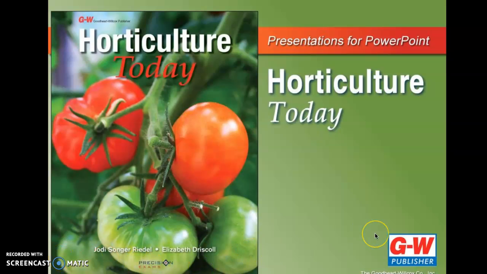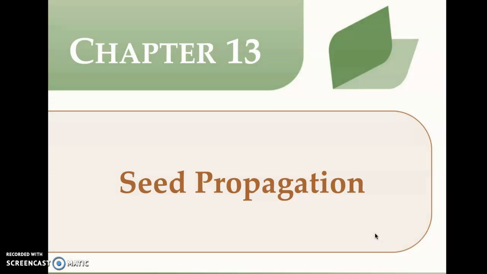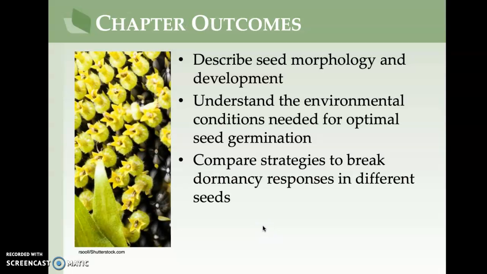Right, this is chapter 13. So in chapter 13, seed propagation. If you look at the word propagation, you're like, oh my goodness, it is really about making more plants through seeds. So your chapter outcomes or learning targets are describe seed morphology and development,